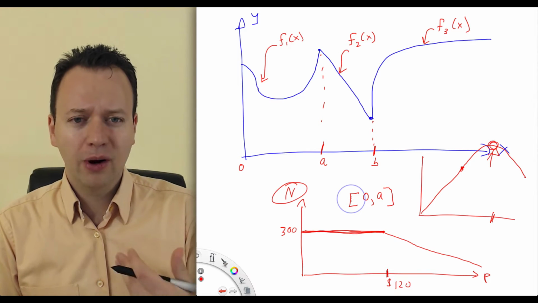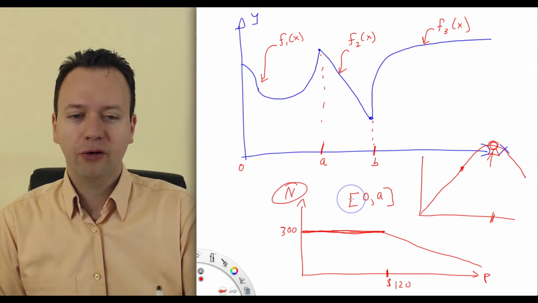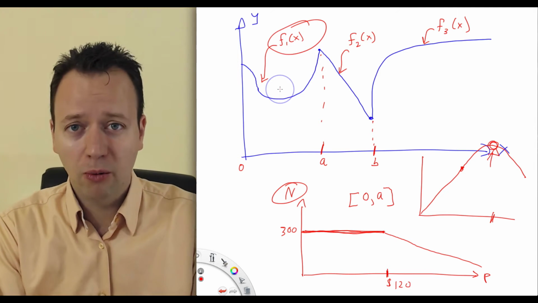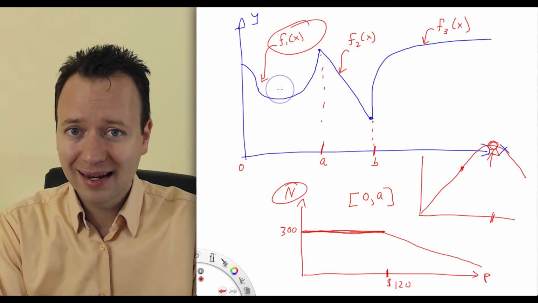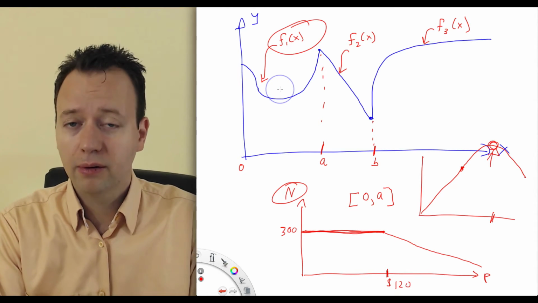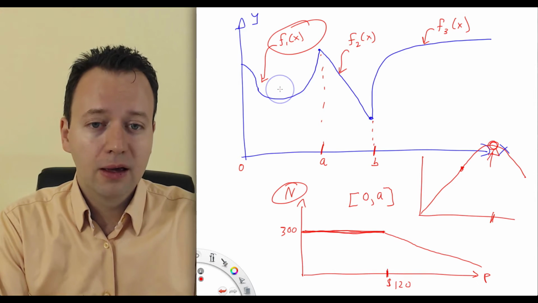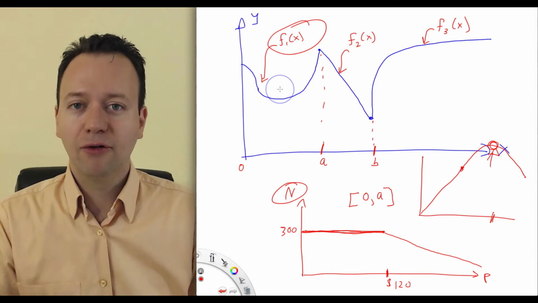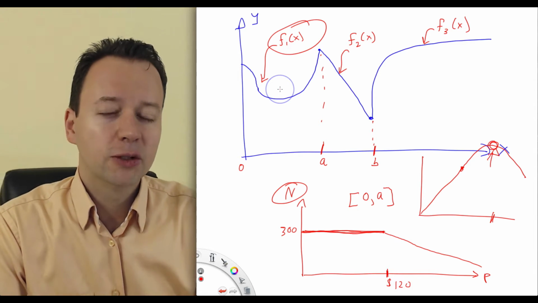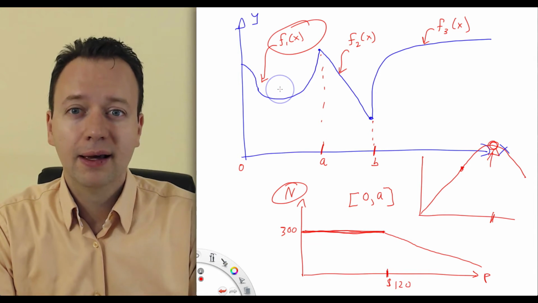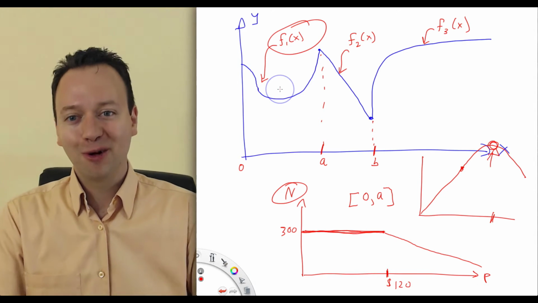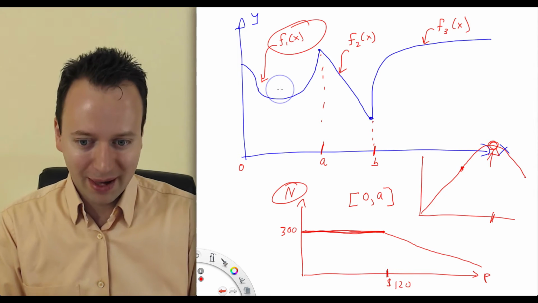So how do we actually represent this mathematically? We have three different functions. And functions, of course, can be described by words, data, so tables of data, pictures, and formulas. So let's say that we have a formula for all three of these functions. We have a specific formula for f1 of x, a specific formula for f2 of x, a specific formula for f3 of x. How do we write one formula for the whole thing